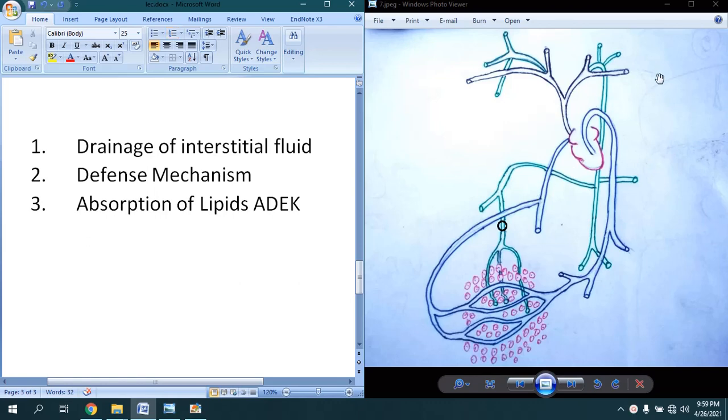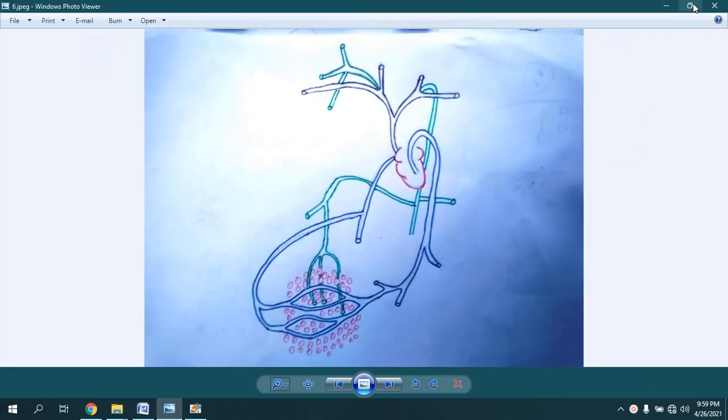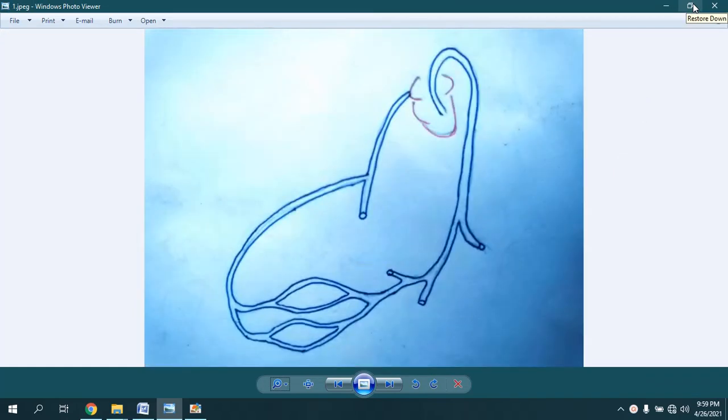Now coming towards the lymphatic system in detail, coming to the first slide. In this slide we can see that this is the heart. From the heart, the aorta arises. This is the aorta, and this aorta gives multiple branches of various arteries. For example, this is one of the arteries, and this artery gave further branches as arterioles, and this arteriole gave further branches as meta-arterioles, and this meta-arteriole gave further branches as capillaries,